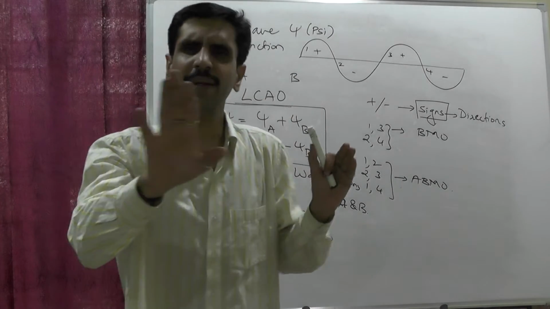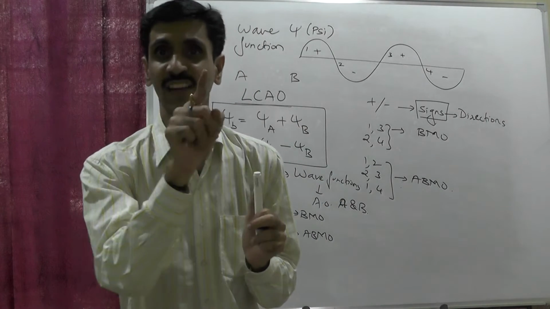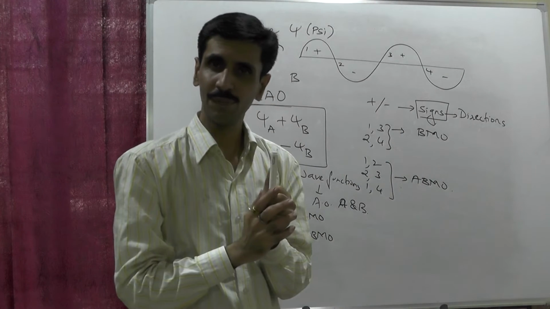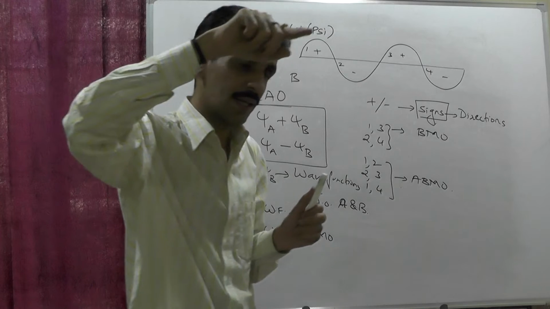Now what is overlap integral? Don't worry, I'll explain it. It is denoted as capital S. लेकिन अगर यदि हम उसको ignore करते हैं तो the wave functions that I get by ignoring the overlap